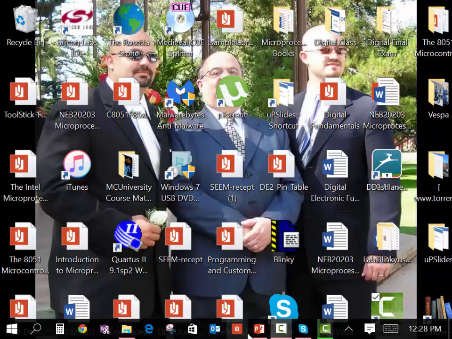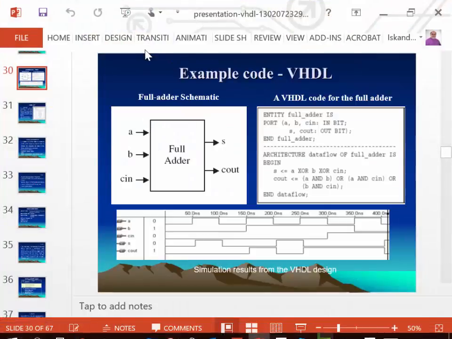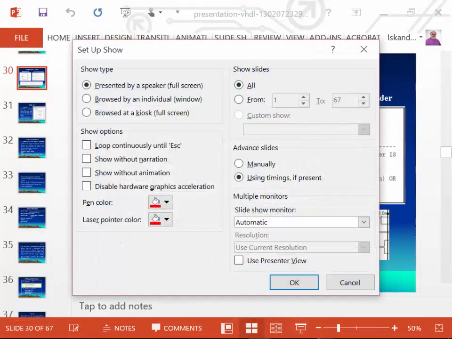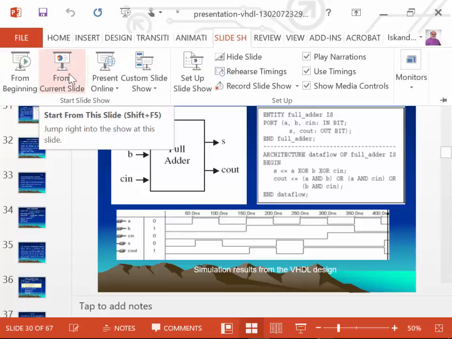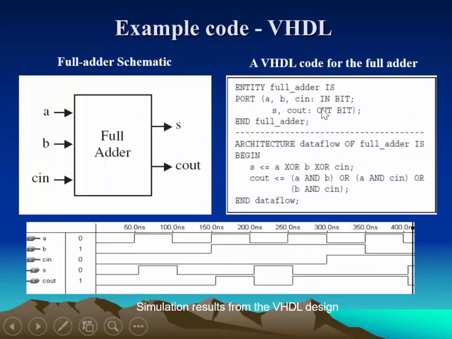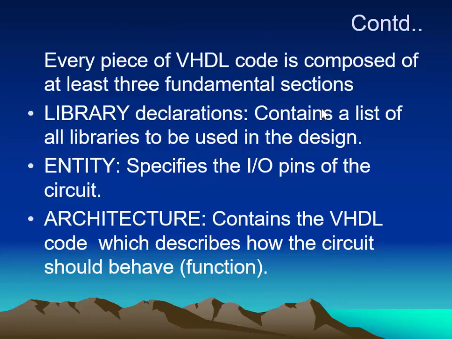Okay, let me just finish where I was with this right here. This discussion up there. I was going through VHDL, and probably I'm going to jump. I don't know where I finished on these slides right there, but